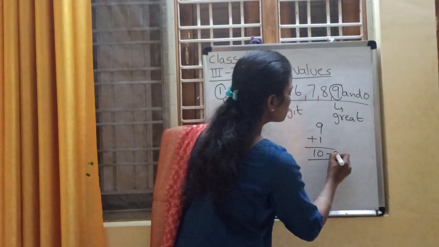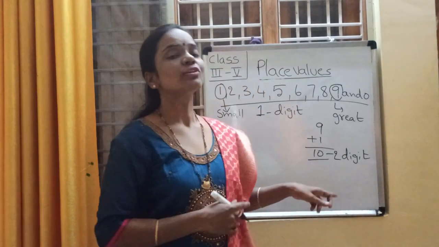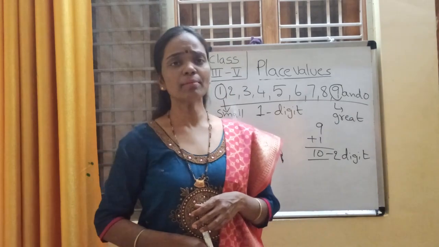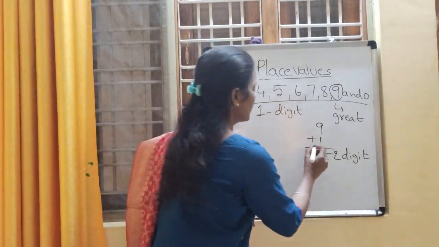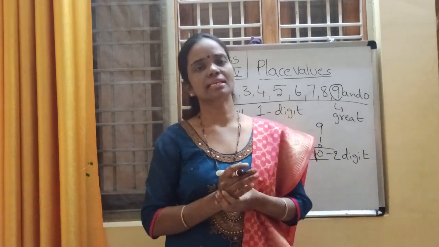Here 10 is a what digit number? Yes, it is a two digit number. 10 is a two digit number. And what are the place values for this number? It has ones place and tens place. Now tell me, children,